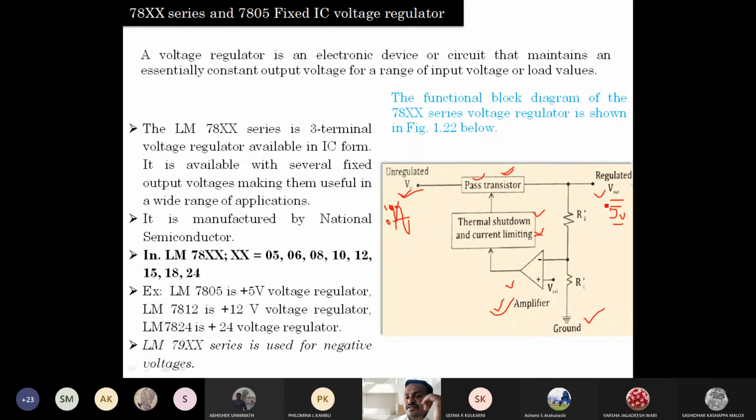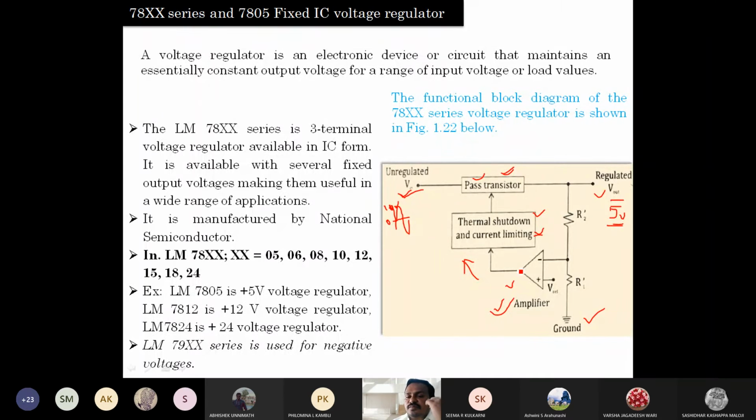If the output increases, it brings it down and reduces the current in the circuit. If the output decreases, the circuit increases the current. How is the performance? This amplifier is used to control the current flow, with the help of this current limiting circuit. So the amplifier modifies things, up or down. If the output goes up, it brings it down; if the output goes down, it raises it. So the overall circuit performance is constant.